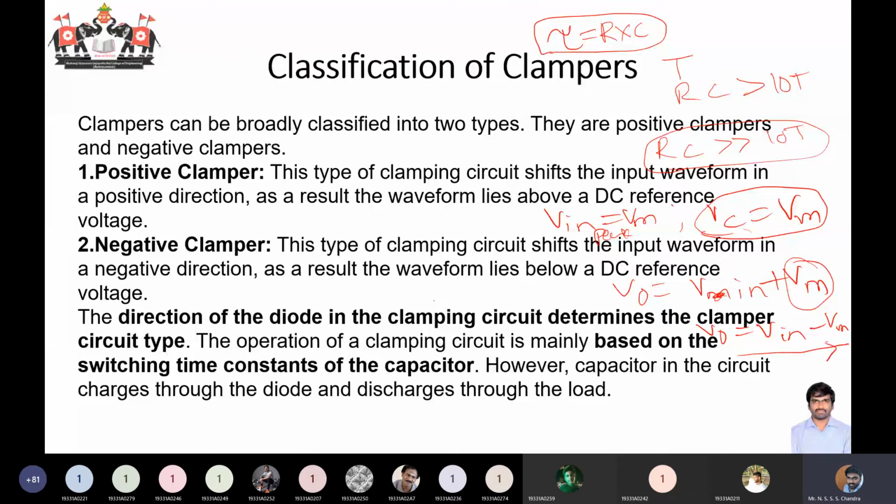I have not yet shown you the circuit, so I'm just talking in a very abstract manner, but it's a rough idea. The only thing you need to remember is that a capacitor will act like a battery throughout our circuit operation. The capacitor will charge, and then it is going to discharge, and the discharge time is very long. So unless it's completely discharged, it will act like a battery source.